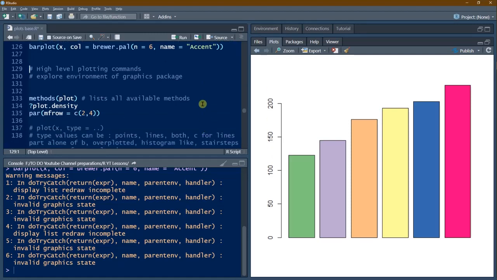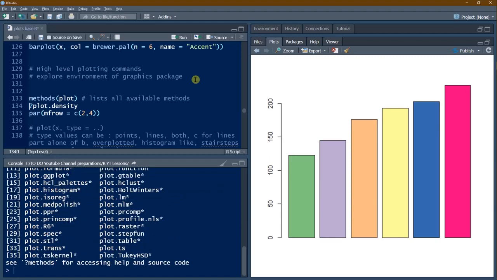Now we will see some important high level commands. Out of that, plot is the supreme command with a lot of sub commands. So we will ask what are the various functions the plot function will in turn call, because plot is a generic function, like print was a generic function, which can call based on the object passed to it.